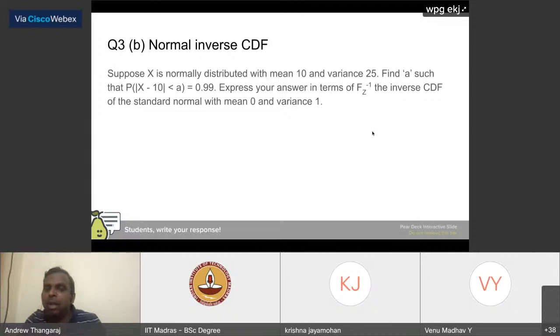Which is a Python package for probability and all that, right? If you see the notebook that I use once in a while, I show you some demos. In that notebook, I use SciPy as one of the modules. In that, there is a function called norm.ppf, which will compute the inverse CDF for you. Most other packages will have it. If you take any computation package, it will have the inverse CDF for the standard normal. It's a very standard function, like log or exp or sine or cos.